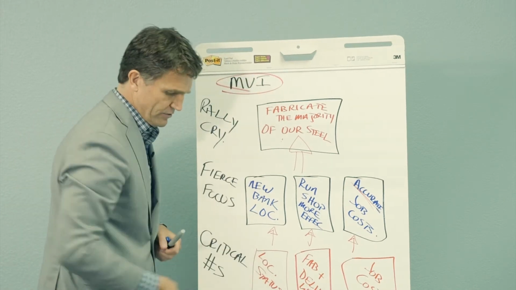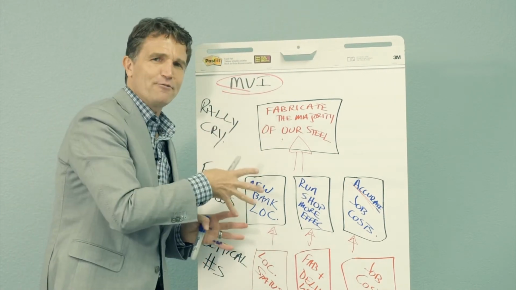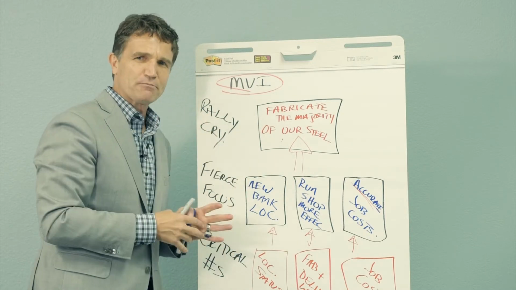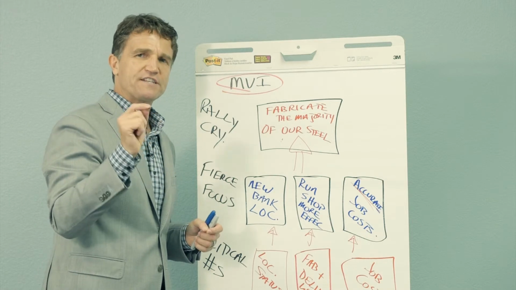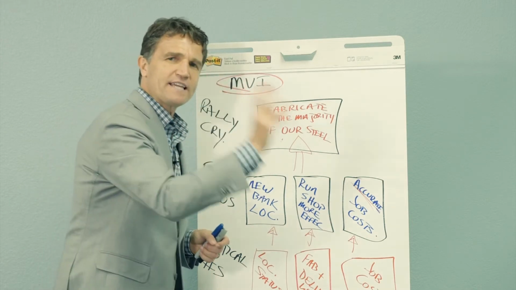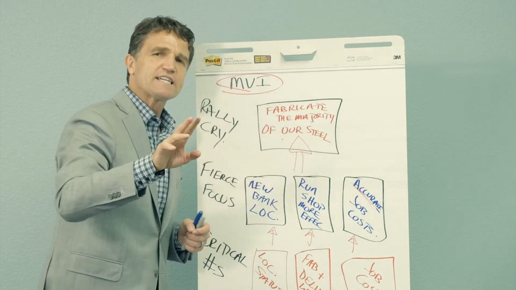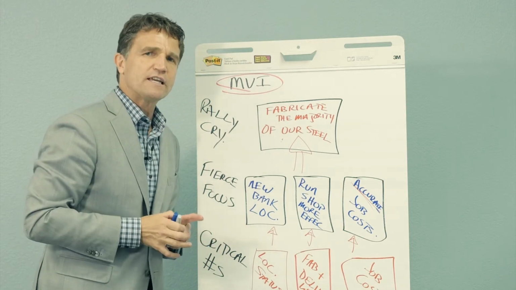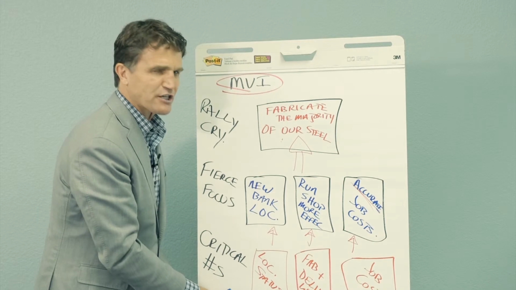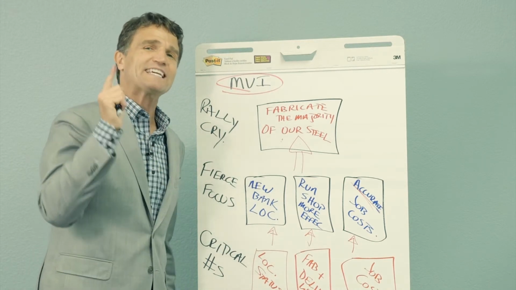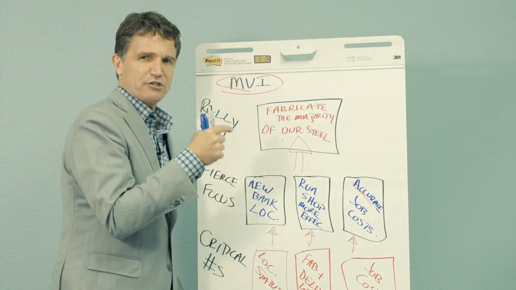This is how you build an effective action plan in order to maximize on the profit opportunities that you have. You take time to identify those opportunities, you take time to analyze those opportunities, and then you must maximize them by building an effective action plan and then holding people accountable for that action plan.